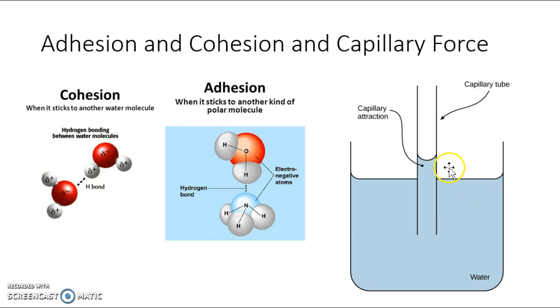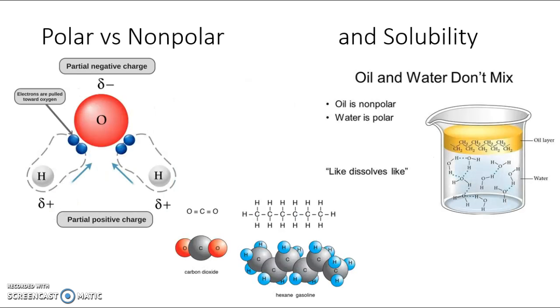You can see it's pulled up this tube a certain distance, and if the tube gets narrower, it will pull up even higher. So the forces of adhesion and cohesion that act in water molecules are a direct result of water being polar. And there's a structural diagram of water drawn here, again with the electrons being shared between the hydrogen and oxygen. But those electrons spend more time with the oxygen than they do with the hydrogen, meaning that